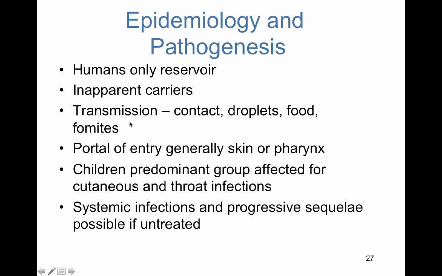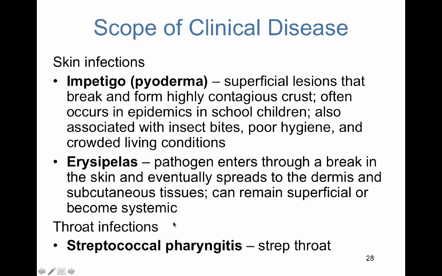Now, as far as transmission of this bacteria: contact, droplets, food, fomites. The portal of entry is generally the skin or the throat. And children are the predominant group affected for both skin and throat infections. Cases where this bacteria cause systemic infections can lead to longer-term effects on specific organ systems if left untreated. So, for example,